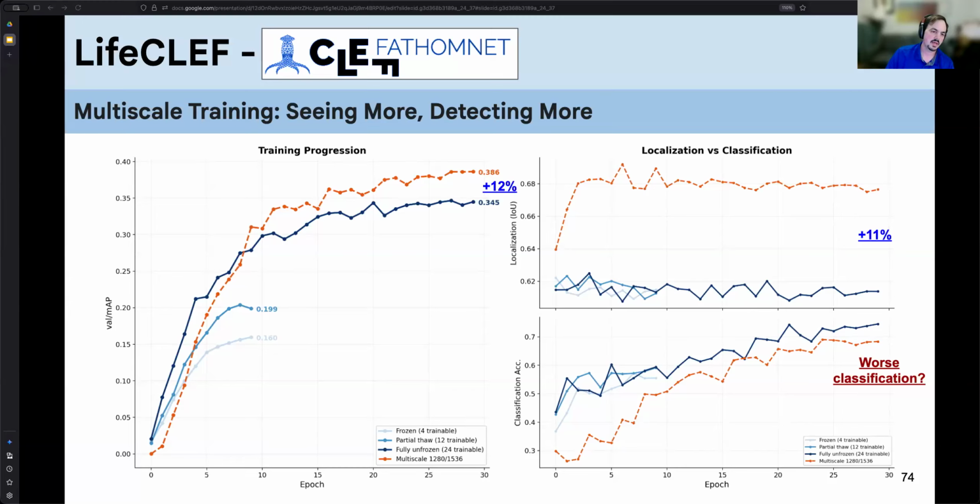By doing that, we got a 12% increase in the mean average precision on our validation data. And also, if you see it in the top right, the localization, the IOU, got a lot better. What I found odd is that when we look at the classification accuracy, the 640 by 640 images actually had better classification scores than the multi-scale training. And that's probably due to